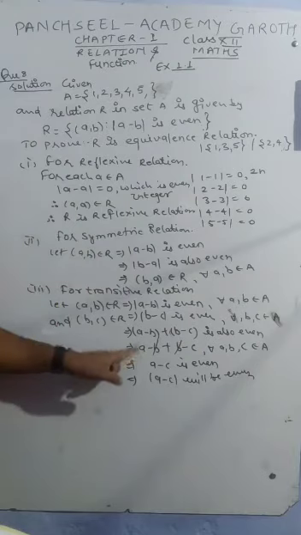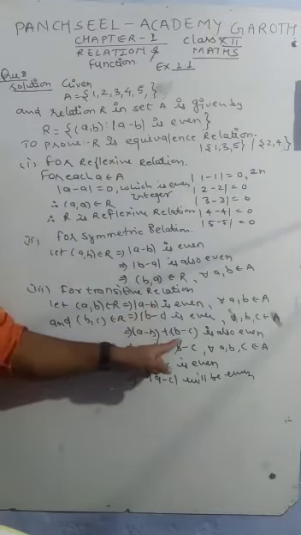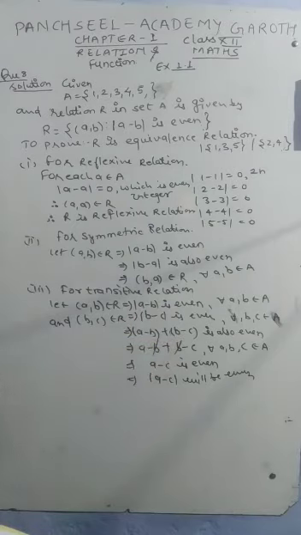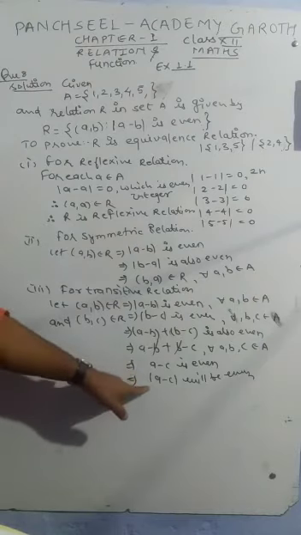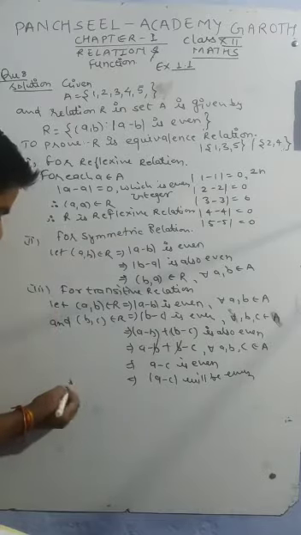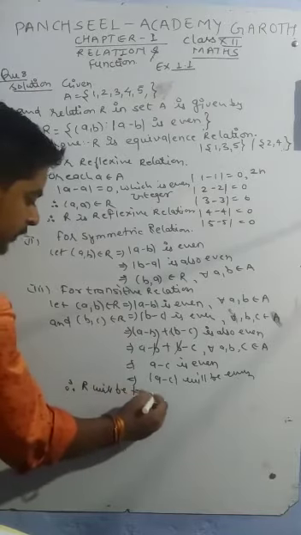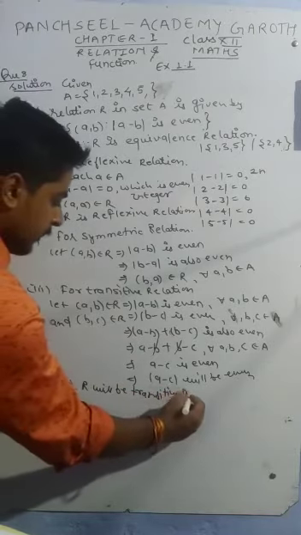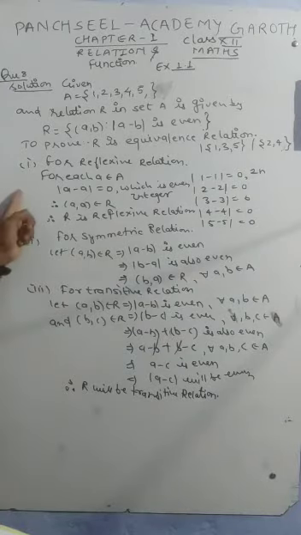If A minus C is even, then its modulus, the modulus of A minus C, will also be even. Therefore, here we are taking the value out of the modulus or keeping the modulus. We can say that R will be a transitive relation. So by that way we have proved that R is reflexive, R is symmetric and R is transitive relation.